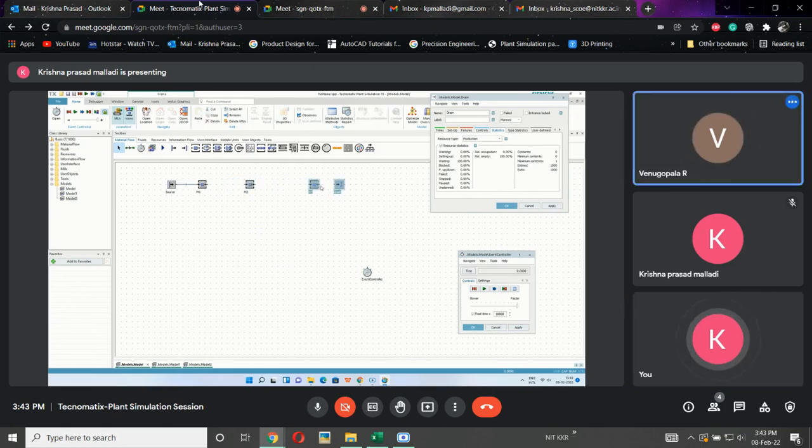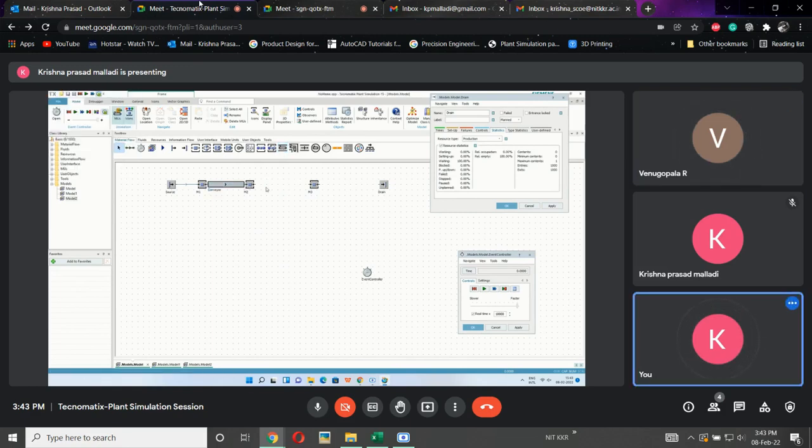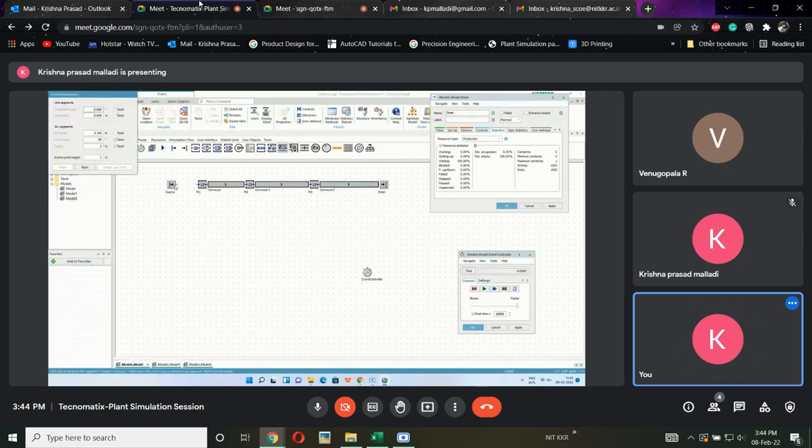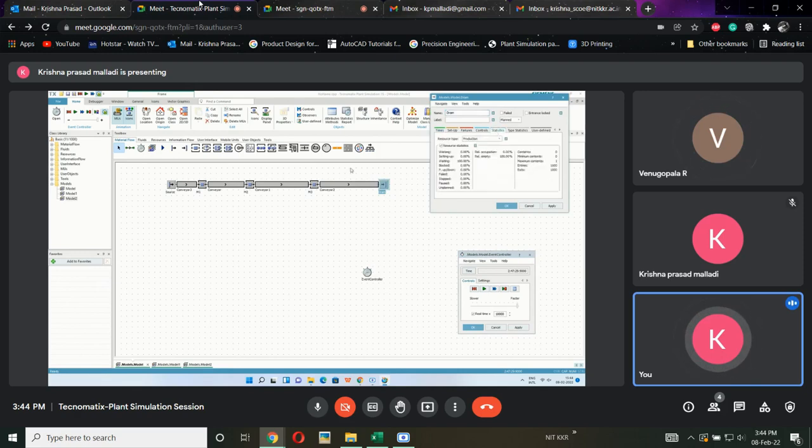Understood. I will show you, sir. I have done it with conveyors; I will explain when the conveyor topic comes and how these things happen. This is my actual model. Every machine is connected to the next machine with a conveyor. Now I am resetting the simulation, and I want to produce 1000 parts at the end of the day. Running the simulation, it took 2 hours 47 minutes to produce 1000 parts using these lengthy conveyors.